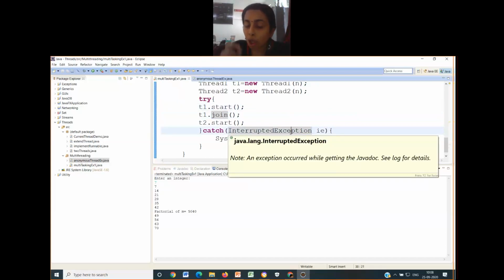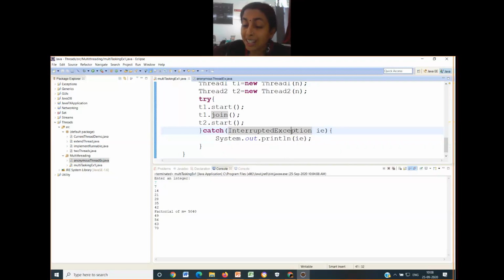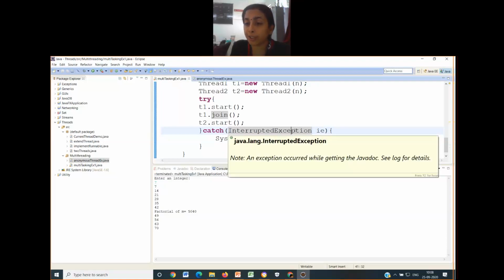Because whenever you call join on any particular thread object, it makes sure that until that particular thread completes, no other thread can interrupt. If any thread tries to interrupt that thread, it will throw InterruptedException. That's why this try catch block is required for it.